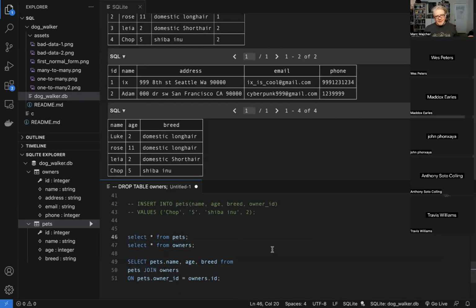Exact same query, but now in my brain, it's saying select from pets join owners instead of select from pets join up with owners. Again, this only works for this kind of join, but mentally it kind of helps underscore that this join creates a little virtual table that you're selecting from. But yeah, that's SQL basics.